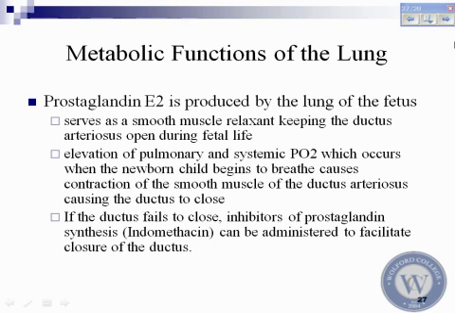If you want to keep it open, then you keep administering PGE2 to this individual. Okay. So they have different